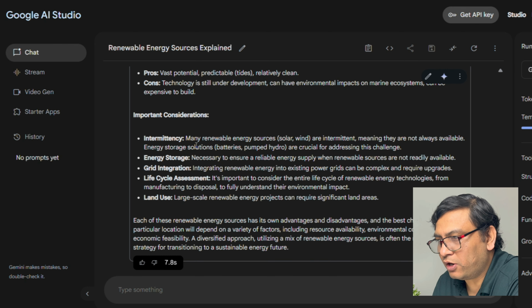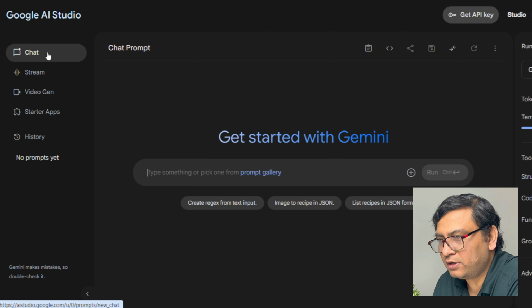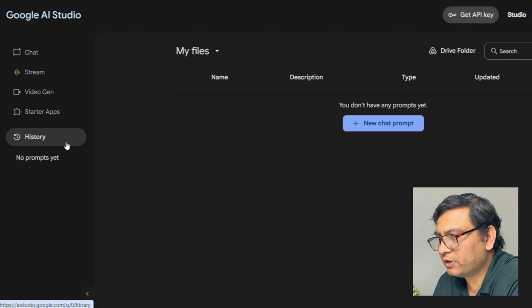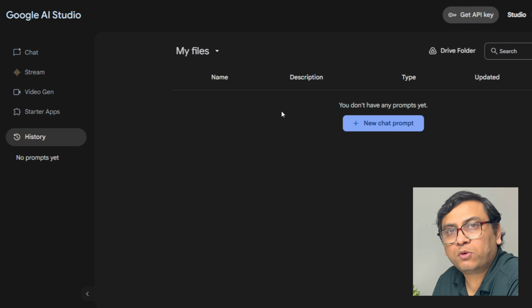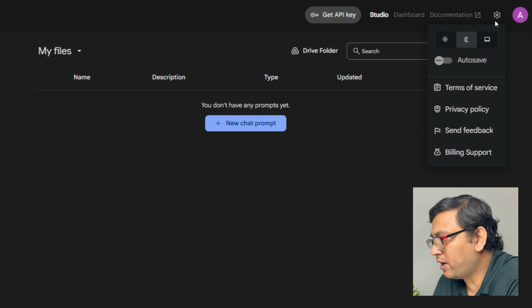So I already received the output from my prompt. Now if I click on the chat, basically go out of this session, and go to history, you cannot see any history stored here. So basically you lost all the history. If you are working on something where privacy is a concern, you don't need to save the history, so this is the option to go for. Now if you click on settings here, you have an option, autosave. Once you enable this autosave,